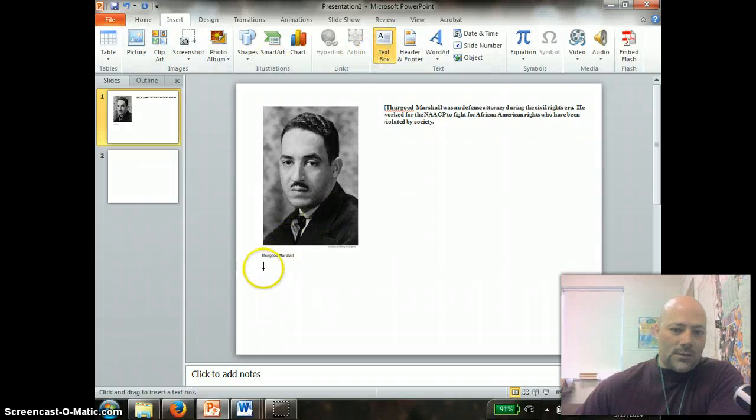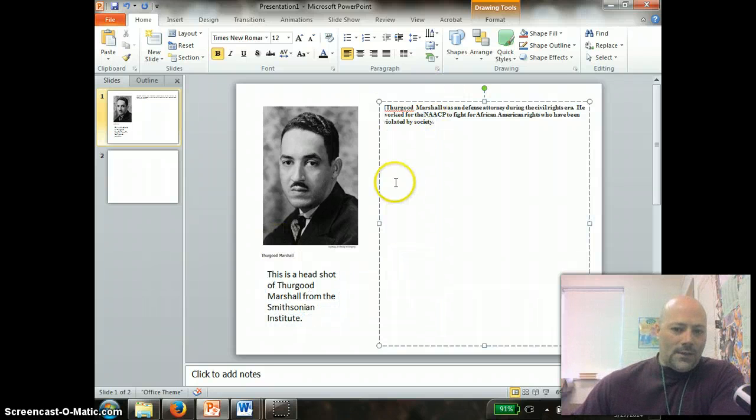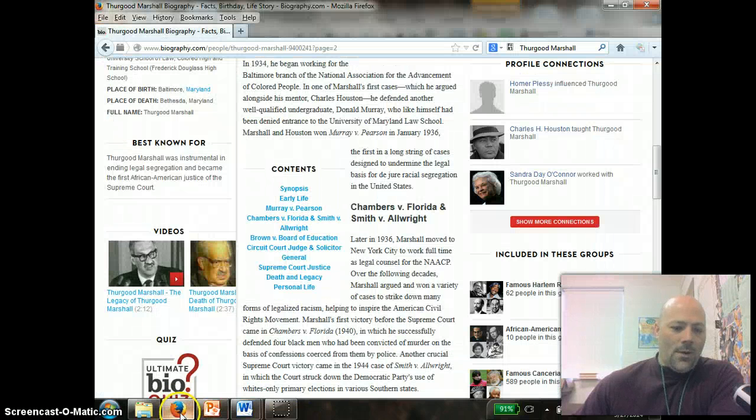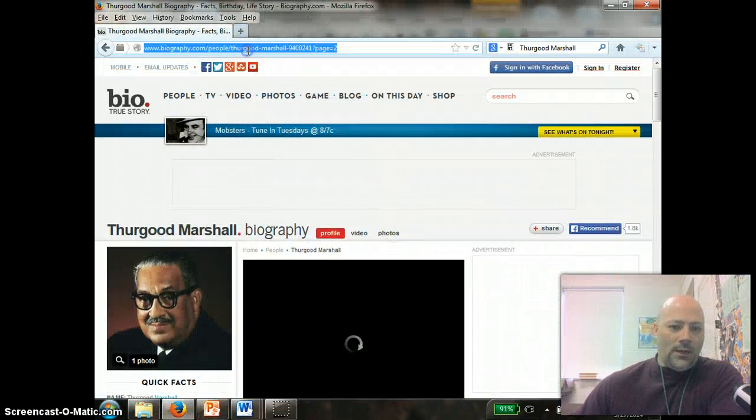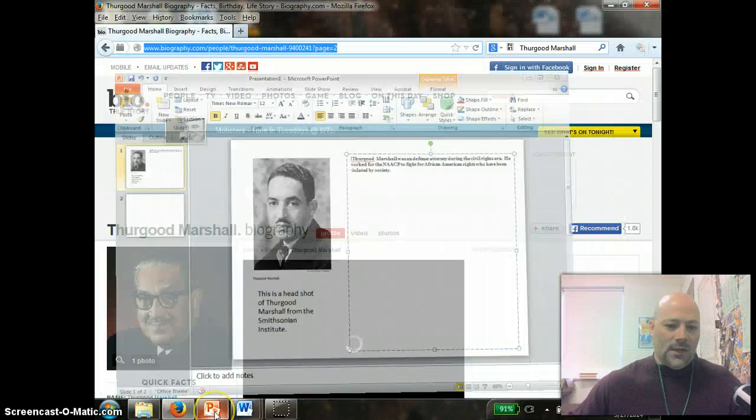So we want to insert a text box, and we'll draw it in here and explain that this is a headshot of Thurgood Marshall from the Smithsonian Institute. Now, when we find information for this slide, we want to go back and give credit to this website. So I want to copy the web link, and after I'm done typing my information, when I look at the website, it's